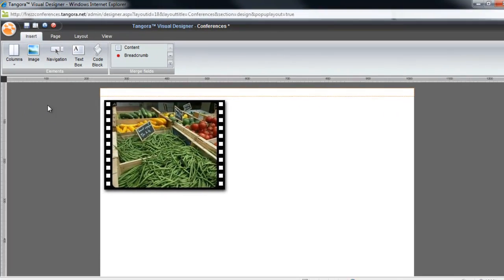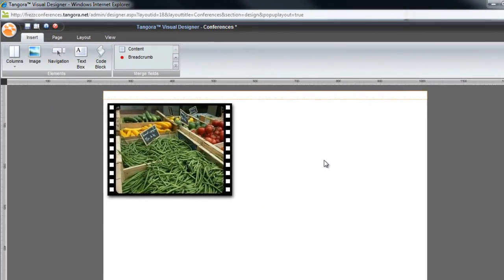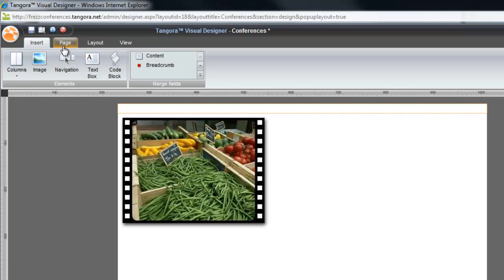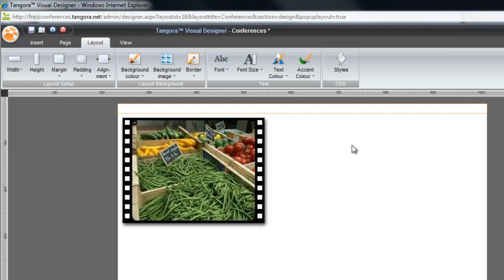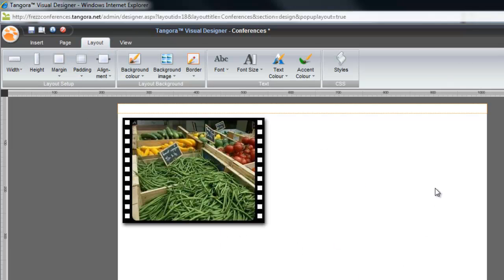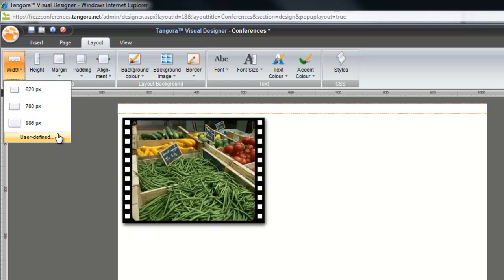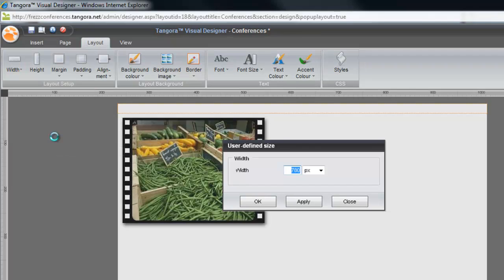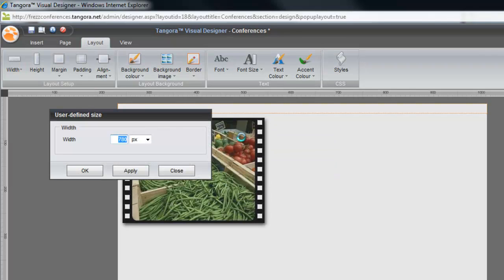We can see that there's a gray background color and that there's a white block in the middle. These two areas correspond to the next two tabs, Page and Layout. So Page is essentially the background and Layout essentially the foreground or the contents of your site, if you will. An essential feature of your layout is the width. There is a default set here to 780 pixels, which in this case we'll actually just retain, but note here too that you could change up the width as it suits your needs.